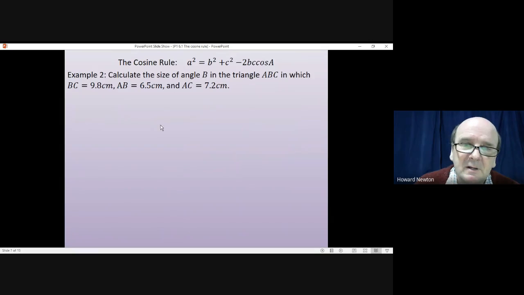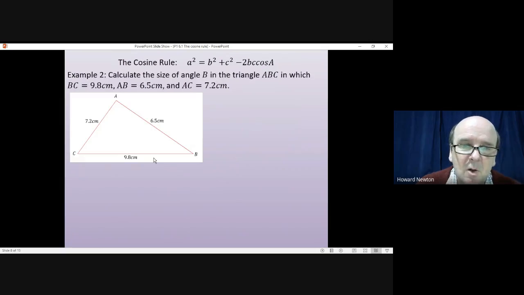Okay, let's have a look. So this time we know all 3 sides, 7.2, 6.5, and 9.8. It's angle B that we're asked to find. That means when we write down the cosine rule, we want to have the B here so that we also have the angle B at the end. So b squared equals a squared plus c squared minus 2ac cos B, because it's angle B we're trying to